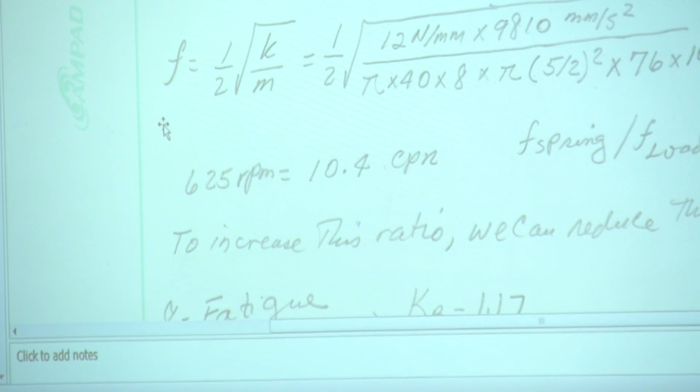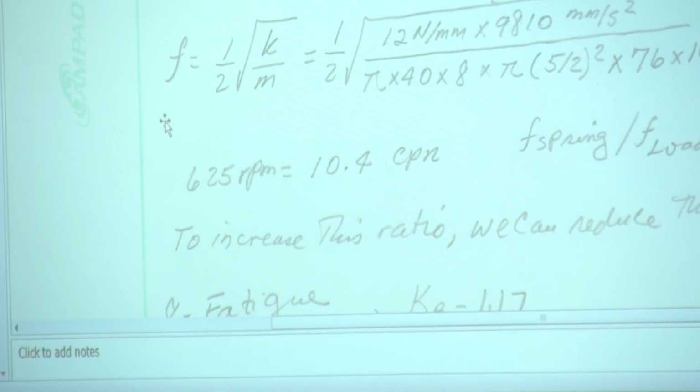I'm sorry? I think it's actually 650. 650 what? RPM, the shaft rotating. Yes, which is equal to 10.4 cycles per second. You just made it say 625, so I'm guessing it's a minor error, or did we reduce the RPM for some reason? As I've written this, no, I've written this a little bit sloppily. That should be CPS, cycles per second, or hertz.